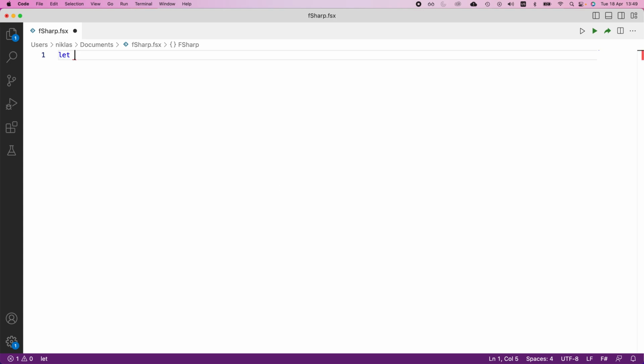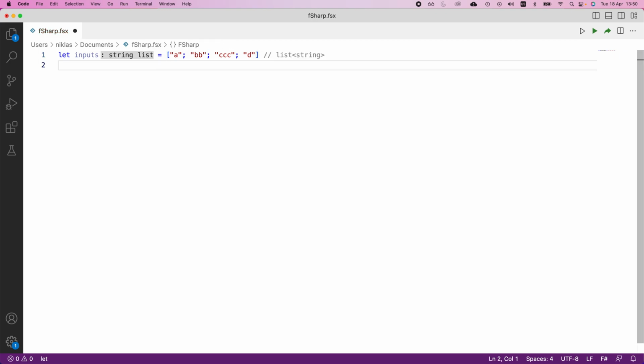So let's see how we can use this, and we're going to create an input list for this. We're going to populate that with a few values. So first we'll just put in A, then we'll put in BB, then we'll put in CCC, and lastly we'll just put in a single D like that. Okay, so with this function now, if we send this